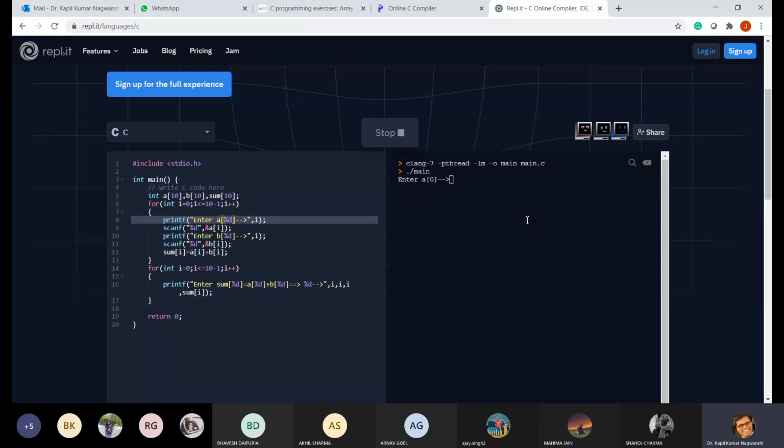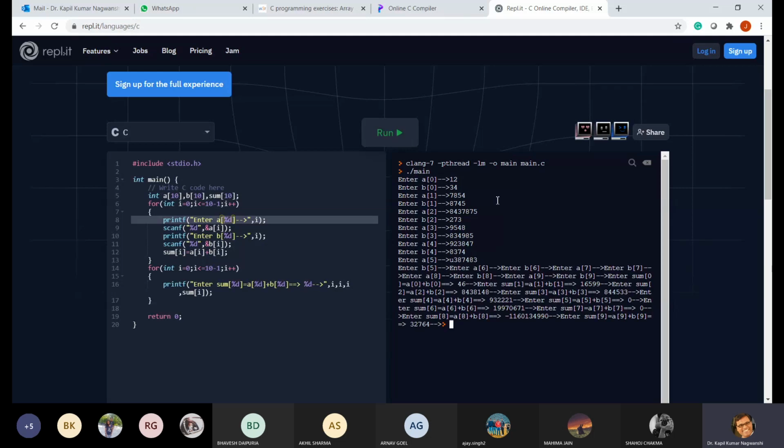Now a[0] suppose is 12, 34, 12. Then b[0] it is asking 34. Then this will be a[1]. Oh, yes. Now we need to enter so many numbers.